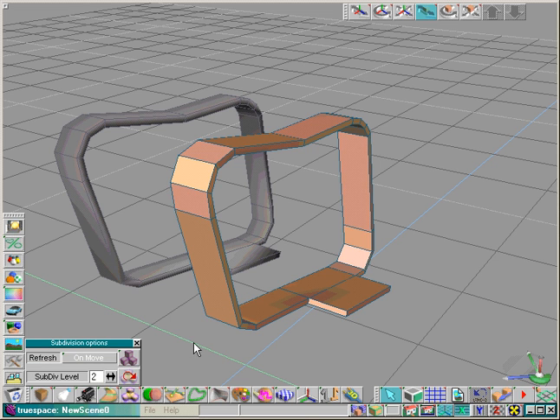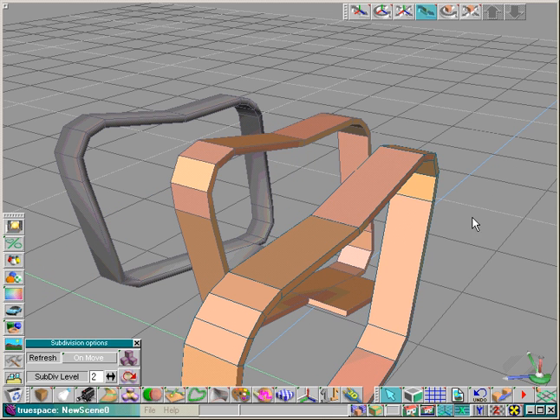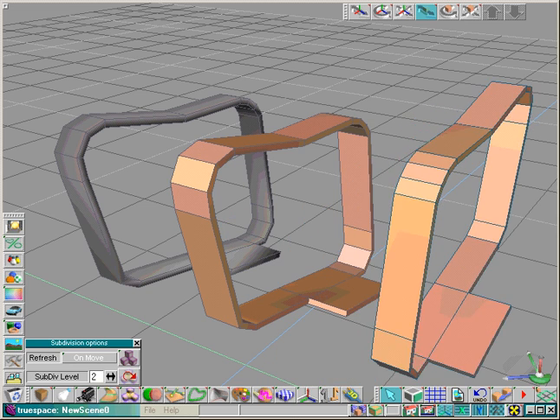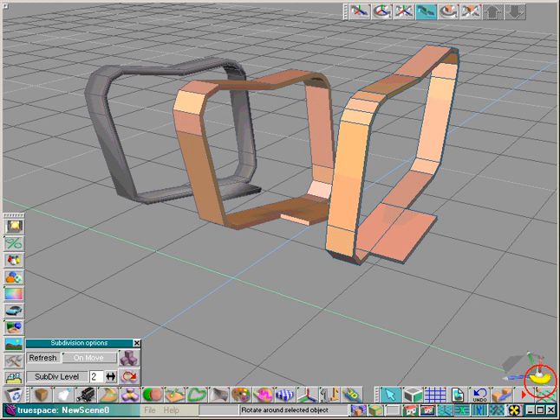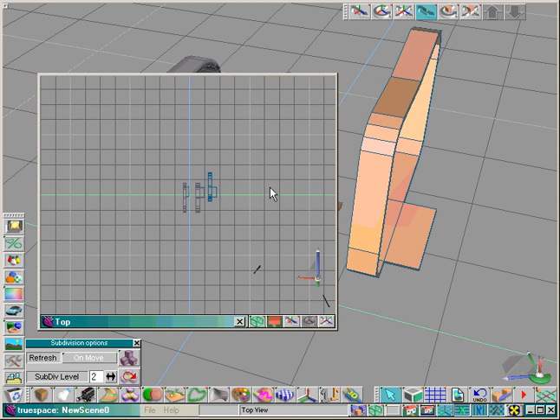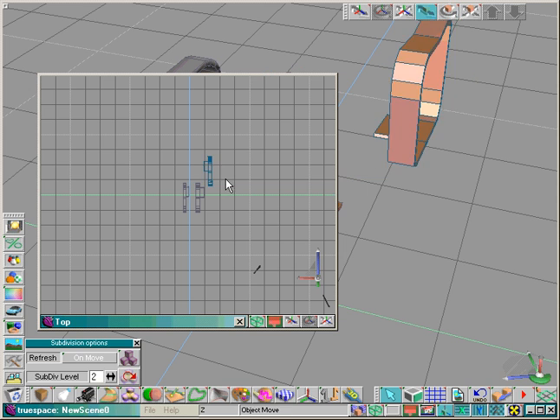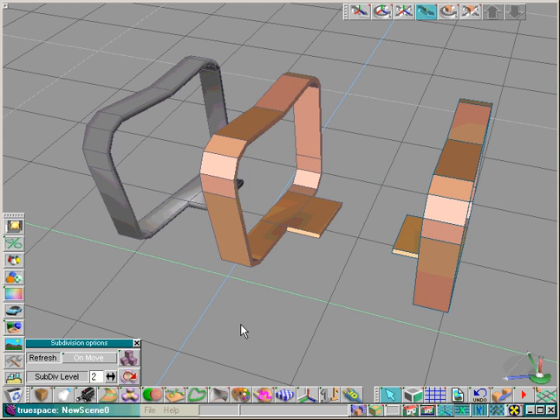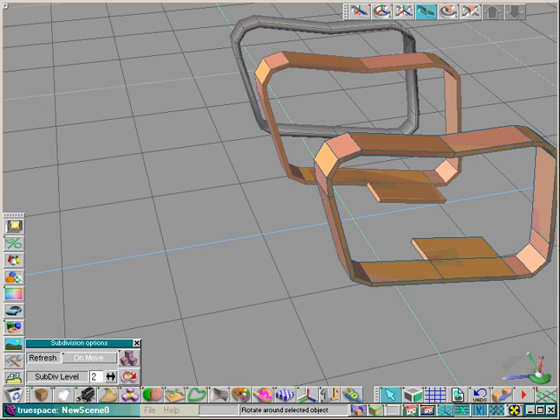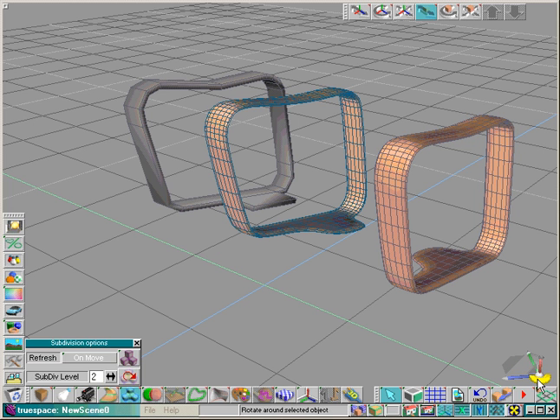And now what I want to do is make a copy of that object by pressing Ctrl+C. Now I'm going to mirror the object. Now what I've done is created a mirrored object. And once that's rotated, we'll open up a side view and rotate that around 180 degrees. Just done by eye at the moment, but we could of course do it numerically. You can see that we've got left and right armrests. Subdivide those and we have